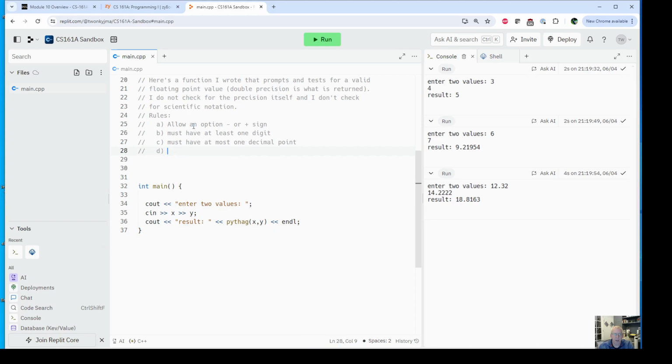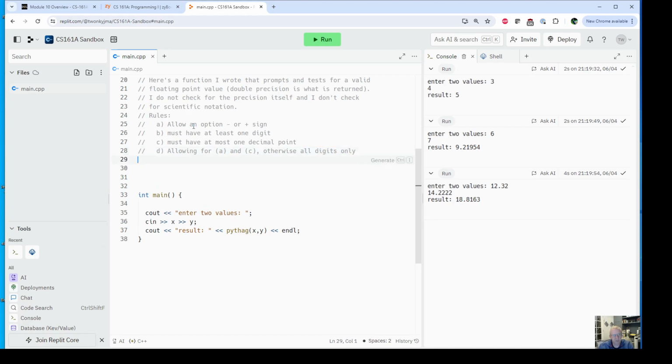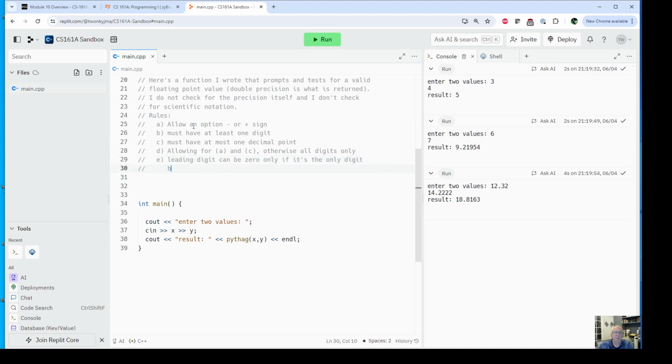Otherwise, allowing for A and C, otherwise all digits only. I don't know why I was having trouble saying that. Everything else has to be digits, like you can't have an X inside of this number, right? Yeah, one decimal point only. Leading digit can be 0 only if it's the only digit before the decimal point, and we will demonstrate what's